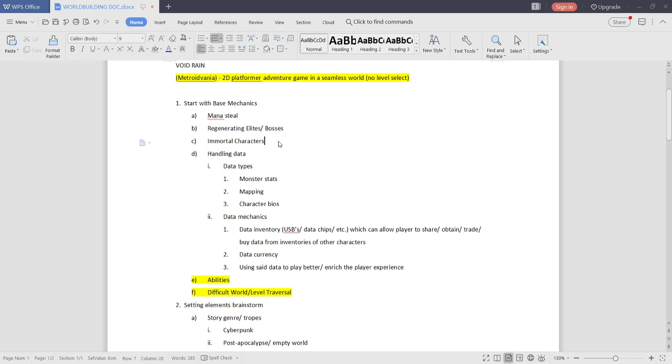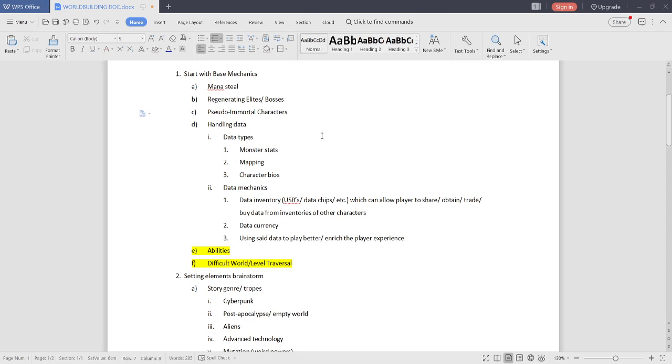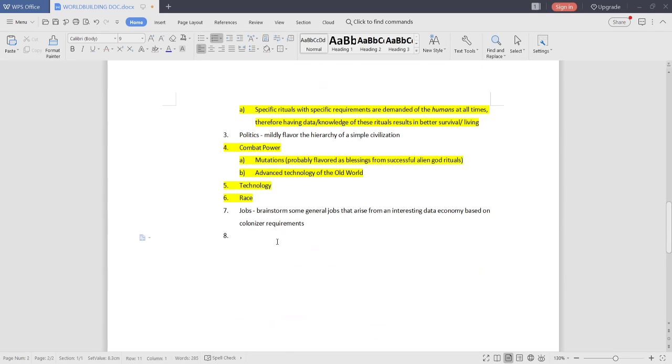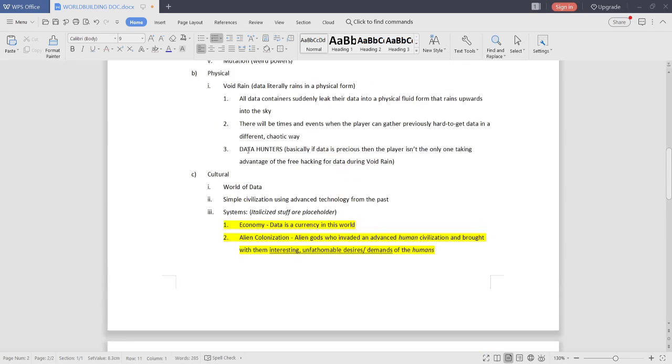That's one way of doing it, but this is more like pseudo immortal, I guess. So let me type that down: pseudo immortal, because it's not that they can't die; it's that they can't die permanently. They keep coming back. Classic Dark Souls. So now, is that cultural? Or that's more of a physical manifestation, actually.